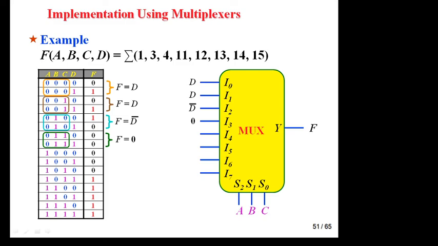Similarly you can try for this. Why 0? Because both values are 0. Similarly for this it is 0, same value, D, because both are the same. Now for I6, when the value is 1 1 0, F equal to 1, because both are 1. When ABC are 1 1 1, F equal to again 1, just write down the value.